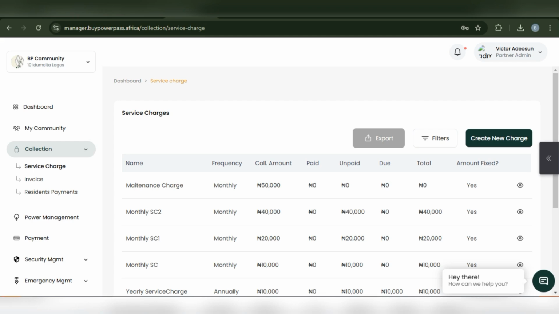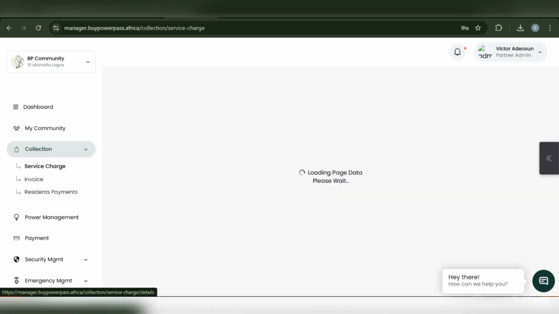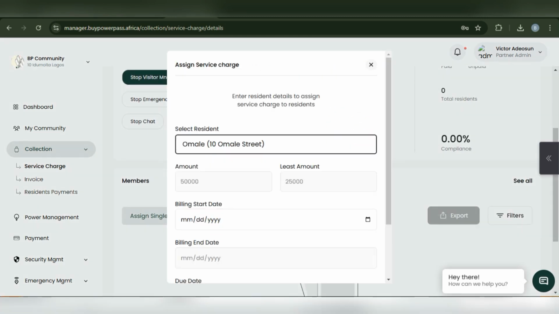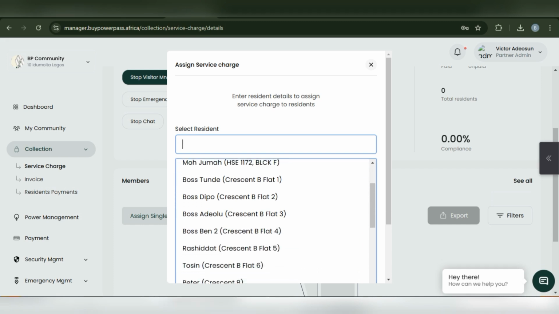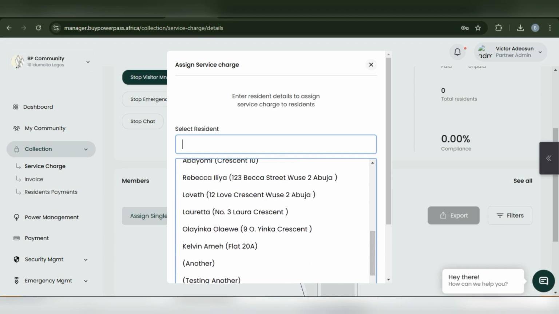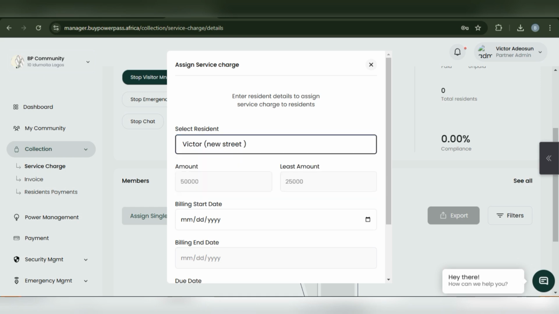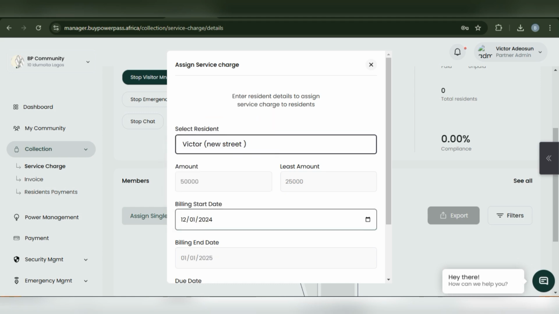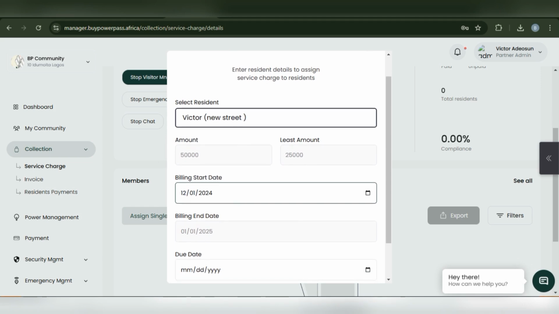So let's assume we just want to apply this to a particular resident. Now we'll view it and say assign single. Now it loads a list of all the residents within the estate. Let's say we want to apply this charge to Victor. Now the amount is already set and the minimum amount. Now the starting date for this charge, let's make it 1st of December. Then automatically the end date will be